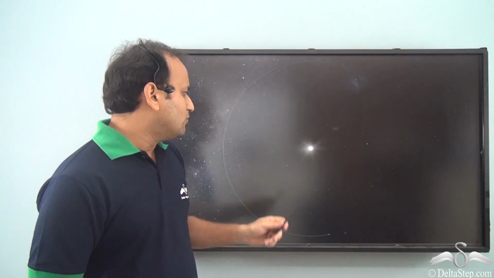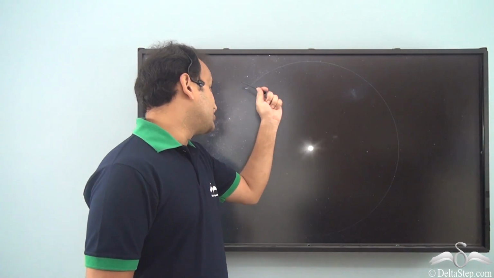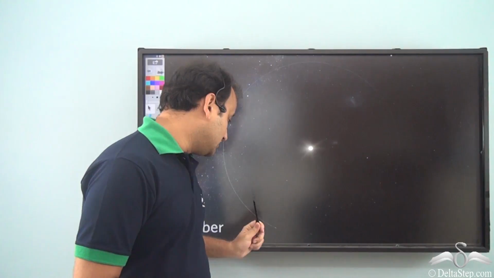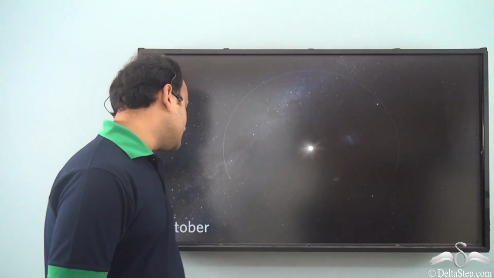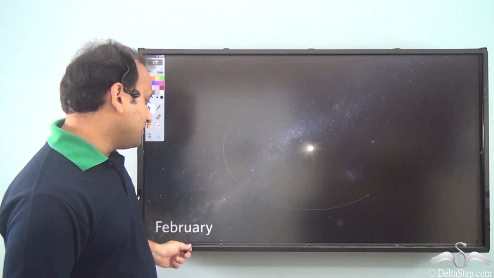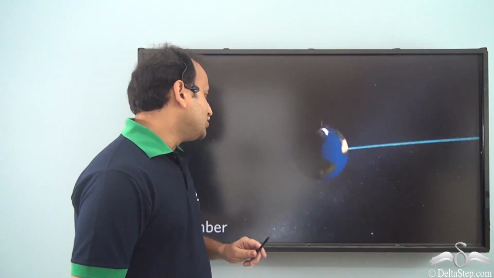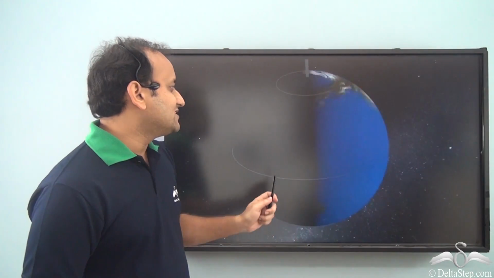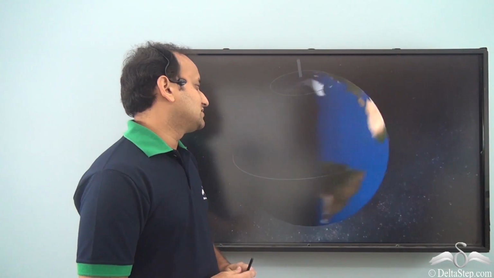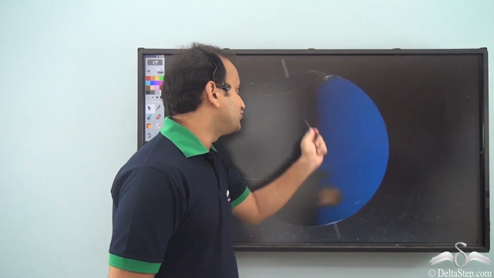So the earth moves round the sun like this. And this circular movement of earth around the sun is called revolution of earth. And when revolution of earth happens, you see with every month its position is changing. And if you see closely, you will see that when the earth revolves around the sun, it is not exactly upright. It's actually a bit tilted, and there is an imaginary line passing through earth.